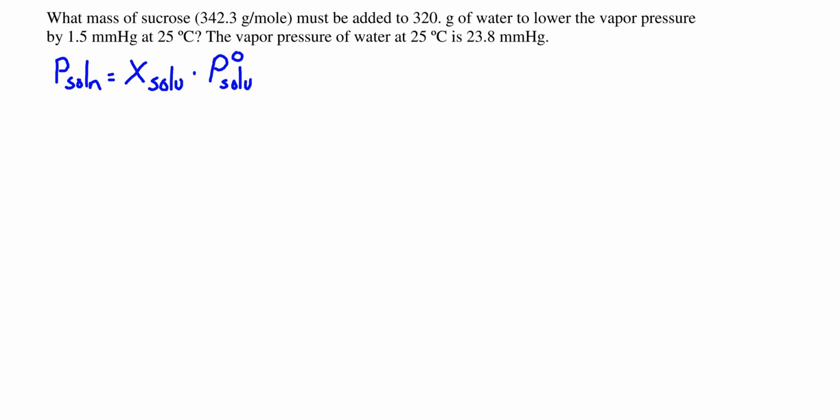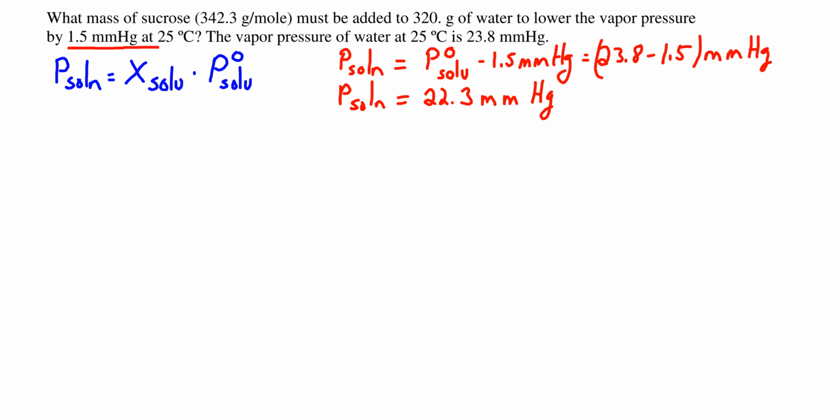This is a quantitative application of Raoult's law. We want to make a solution whose vapor pressure is a bit lower than the pure solvent, 1.5 millimeters of mercury lower than that of the pure solvent, and we're trying to calculate how much solute we need to add in order to get this accomplished. So we've applied